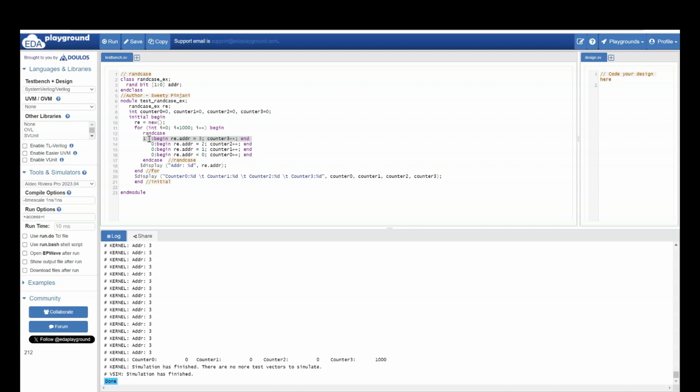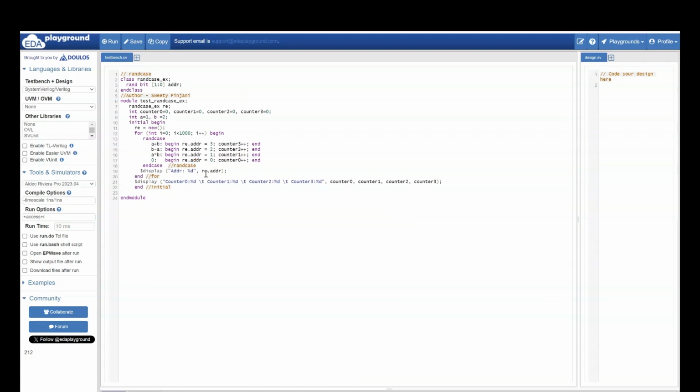It should be a positive integer. Then only your randomization will happen. Now let us see one more interesting example. Here what I have done, I have taken two more integers a and b. I have assigned value 1 to a and value 2 to b. Here if you see now, the weights are not numbers. The weights are in terms of expression. Here I have said my weight should be a plus b.